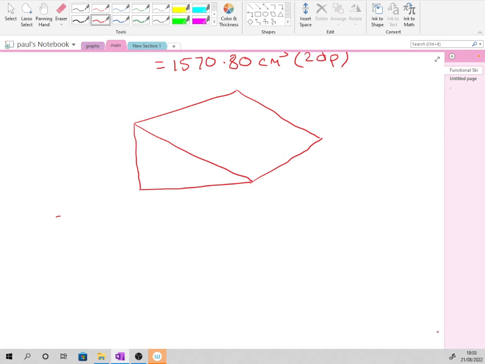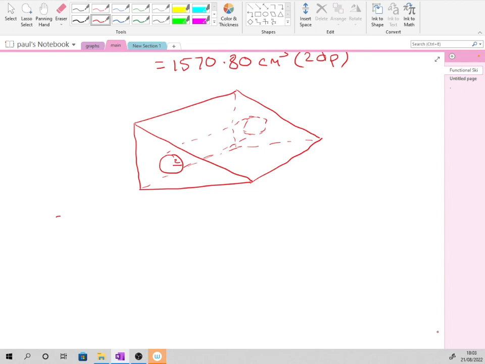And then some nutcase has come along and they've drilled a hole all the way through, yeah? And they want you to find, I don't know whether you can see that, so you've got this sort of cheese wedge type thing. Someone's come along and drilled a hole all the way through, and we call that the